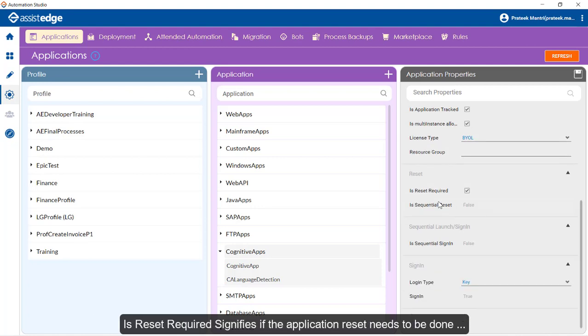Each reset required signifies if the application reset needs to be done after each automation is executed. If it is not selected, the application does not reset. Each sequential reset signifies if the application reset needs to be done one after other in no particular order. If it is selected, it is mandatory to have a reset process for that particular application created and used inside